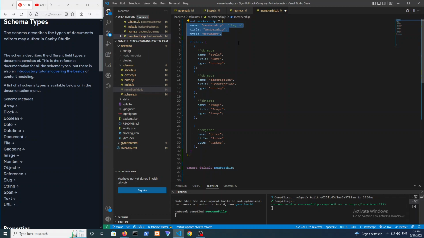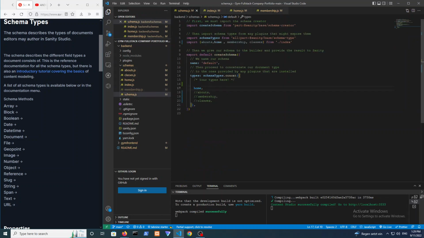Okay, thank God. So it's the same thing, but the only difference is that in the schema types, the fields, I just have an image, a number for the price, a title, and a description. So if I save that and I just go back into my schema, comment that out,